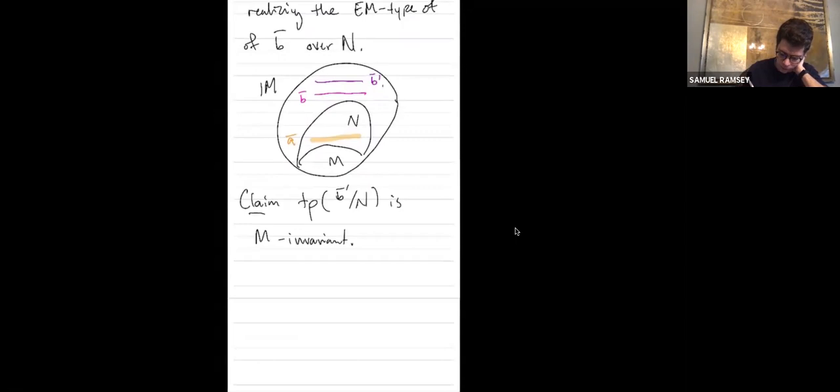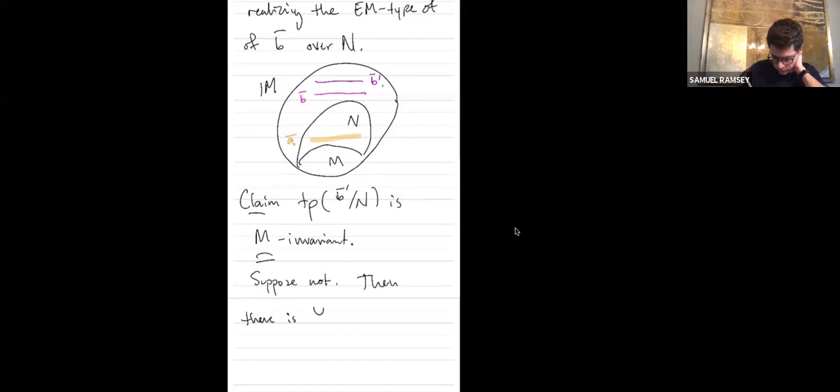So why? Suppose not. Then there is a formula phi, which maybe suppresses parameters in M, doesn't matter, and two tuples, C and C prime from N. So I'll draw them here in our picture. We're going to have two points. So this is like C and this is C prime, which both have the same type over N, such that